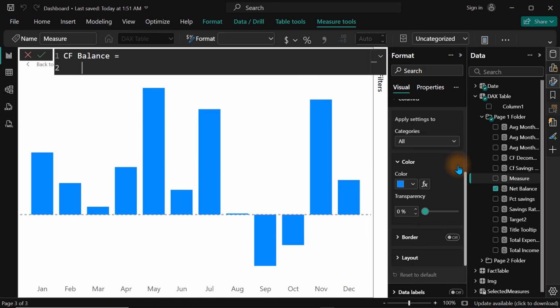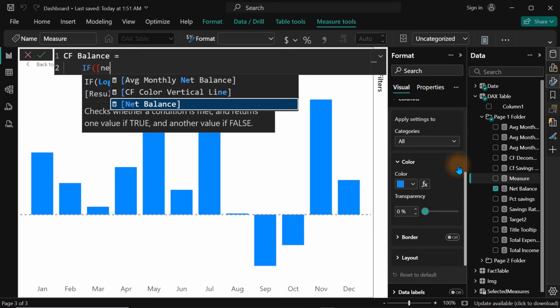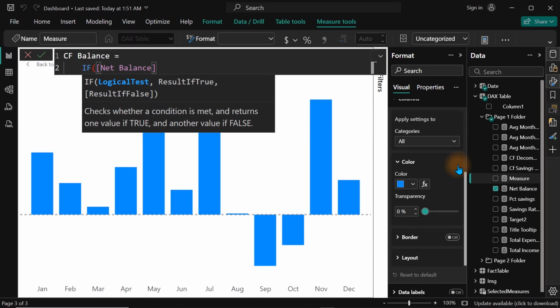So let us bring it down. So if balance, which is net balance here, if it is actually greater than 0, then we want to actually use the same thing we have used the other time. So over here is going to be #3, I think it's going to be A7, 8. Otherwise, go ahead and give me the